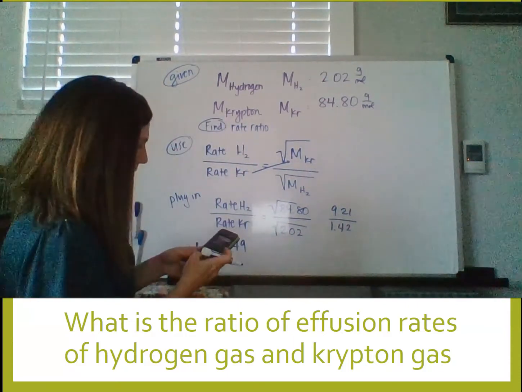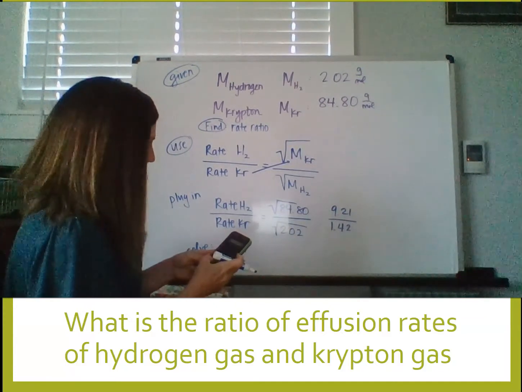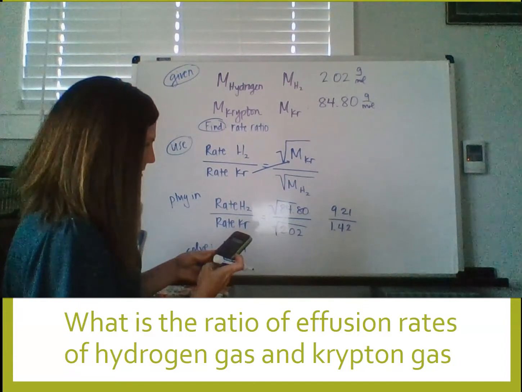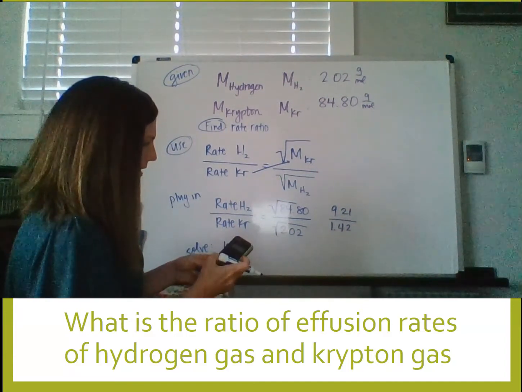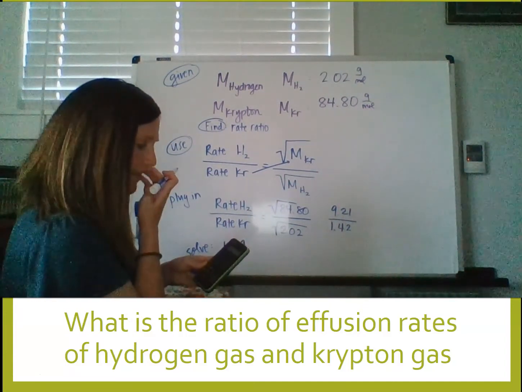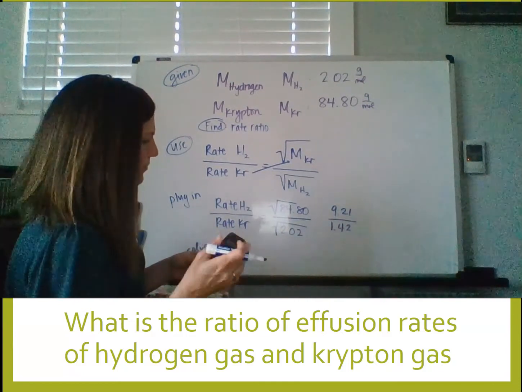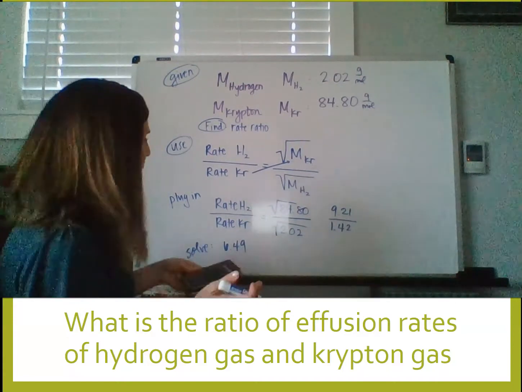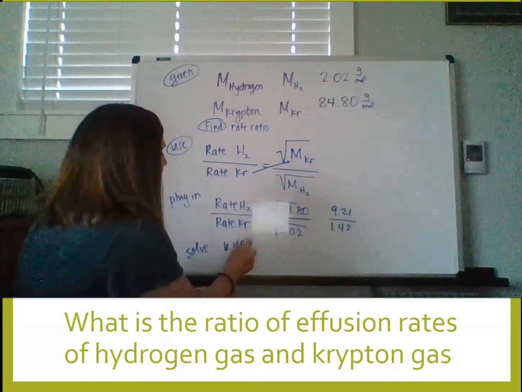And just to prove it, I'm going to do also 84.80 divided by 2.02. That gives me 41.99. Take the square root of that, and that gives me 6.48. So it doesn't really make a difference which one you do. So 6.49